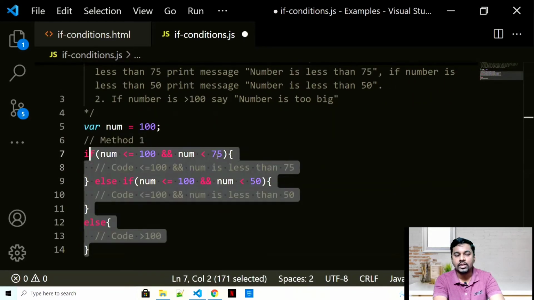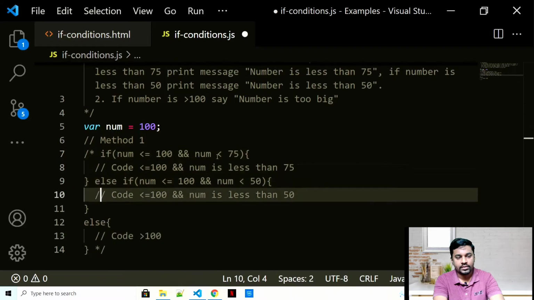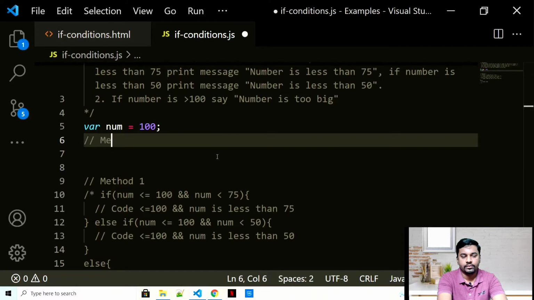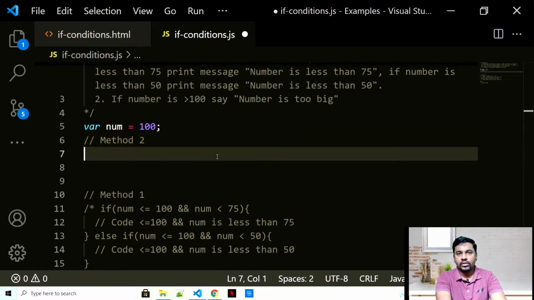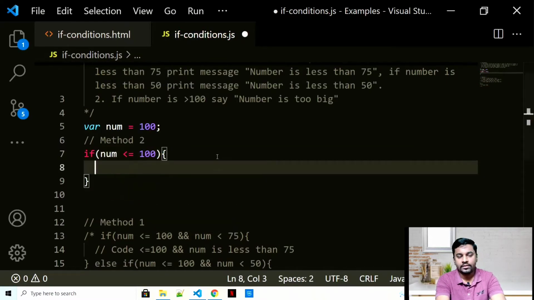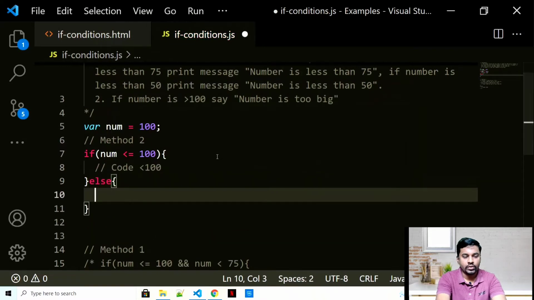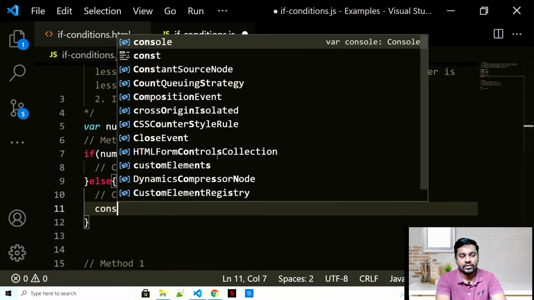Let me just quickly comment this out. This is still okay. I'll just start writing the logic for method 2 here only. Method 2, okay. So I'll start with the same condition. If number is less than equal to 100. Again, same thing. I have the code for less than 100, and else I have the code for greater than 100. Right? So we just have to say console.log